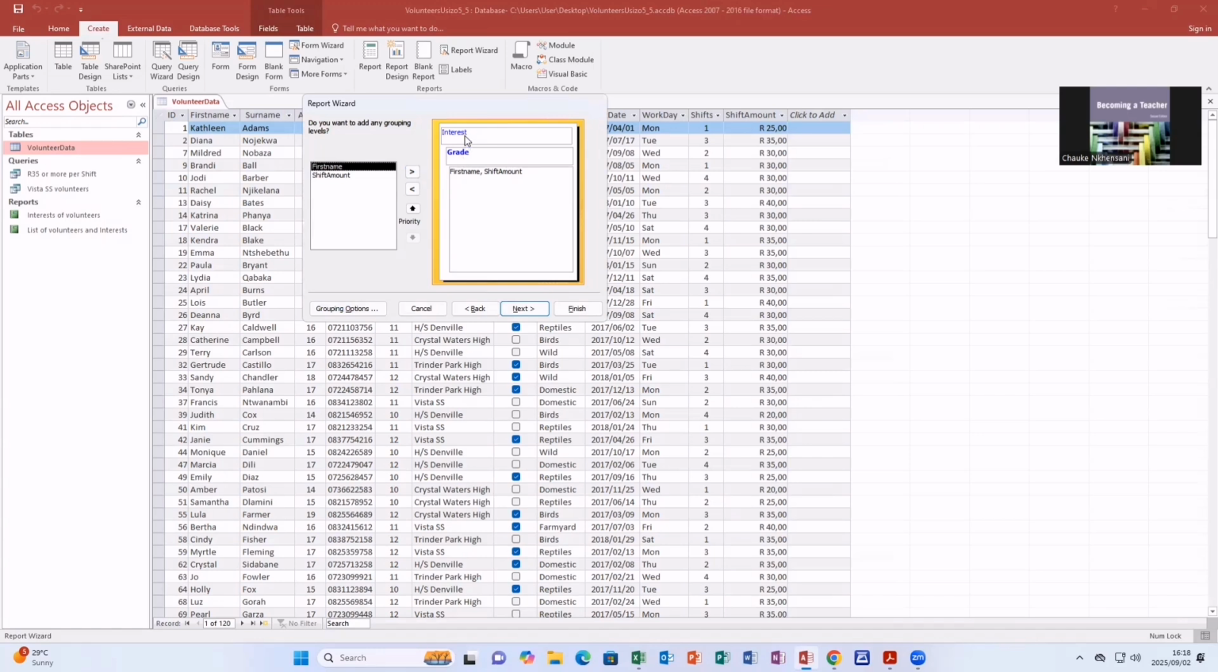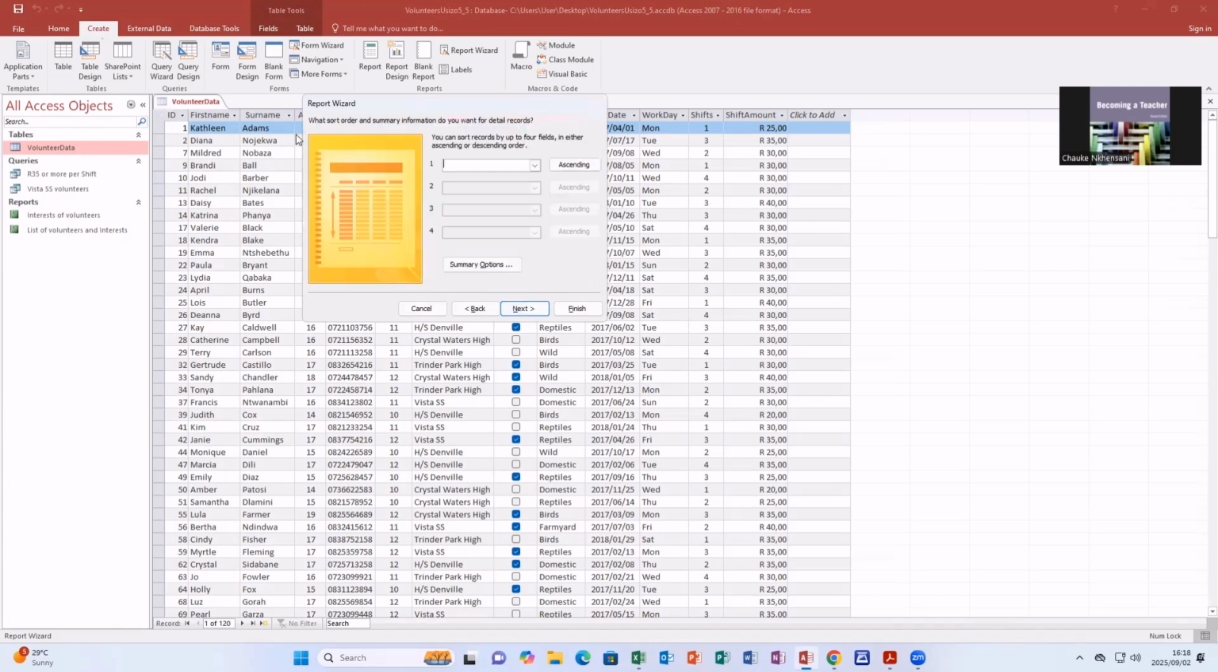And then the next step is about sorting whatever field is requested by the question. So in the test or in the exam, you will be asked to sort your report using a particular field. In this case, we are going to sort our report using the first name. So you click on the down arrow and then you select the field